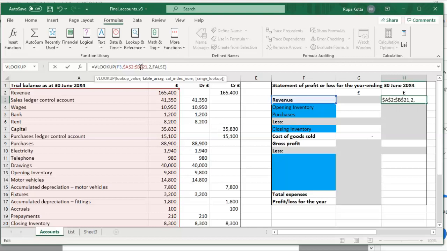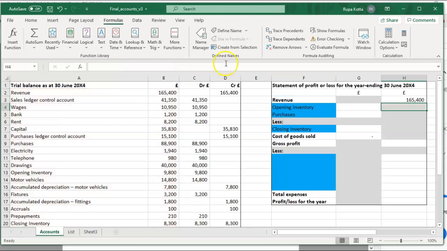One more thing you want to do absolute referencing on is F, because if you copy paste this formula into here, the F will become E, but there is no value in E, the headings are in column F. You don't need to put absolute referencing on the number 3, because you want it to change from F3 to F4 to F5 and so on. But the column F, you want to remain constant, so only put absolute referencing on F. That is done now. Now let's see if we can copy paste this value and change it.